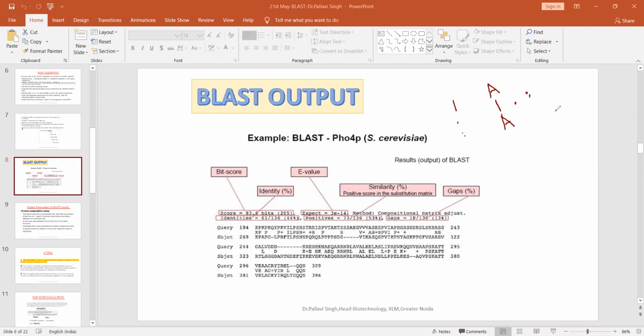In the query, if I had got one acidic amino acid, that means the acidic amino acid is going to be replaced by a basic one. For example, aspartic acid, which is an acidic amino acid, is going to be matching with lysine. Lysine is my basic amino acid. So if I have this kind of alignment, I will find the colon, because acidic is aligned with the basic amino acid. However, if an acidic is aligned with acidic only, then I get a dot. So these signs were very important when we started with the alignment protocol.